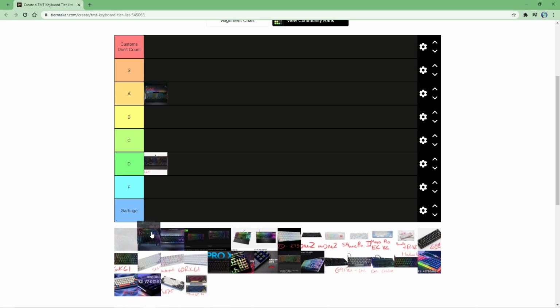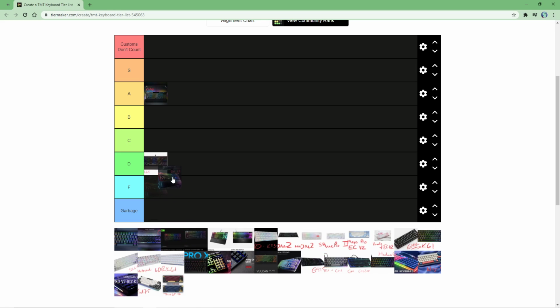We have the Black Widow V5. All right. I am gonna mark it C tier because you can only get it in orange switches or green switches, and you might be able to get it in yellow switches, I think, or it's orange and yellow and no green. But I don't really like those switches, and